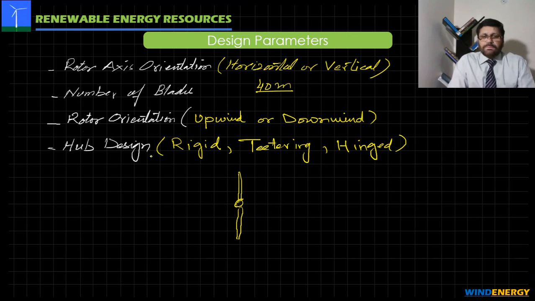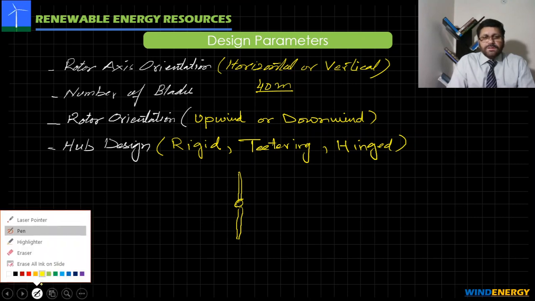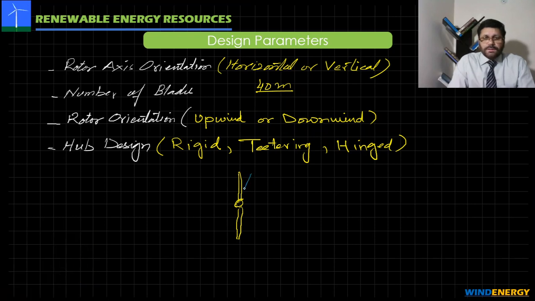Another design is the teetering design. Now for any reason, if there is a difference in velocity, because of that, altogether the rotor position is changed. This is going to be tilted like this, like in helicopters. So maybe because of the wind velocity difference between the top and the bottom, maybe this is one of the reasons, and you have some mechanism that altogether there is a tilt in the hub. So this is teetering design.